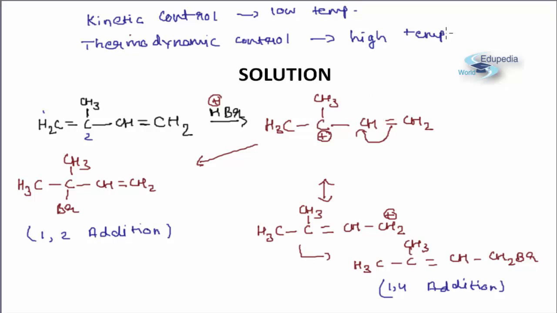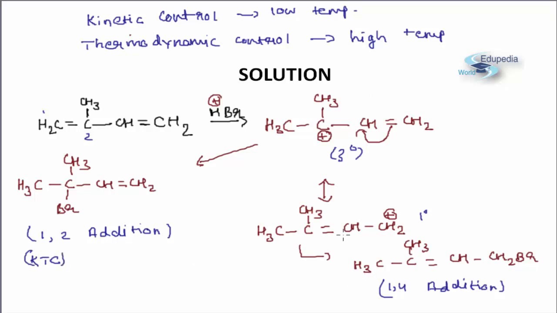So whenever in chemistry the temperature is not specified, we consider two types of mechanisms of reactions. Firstly there is the kinetic control which is at low temperature, and then there is the thermodynamic control which is at high temperature. In case of kinetic control, we form the product according to the more stable intermediate. So if you look at these two carbocations, this is clearly a 3-degree carbocation and this is a 1-degree carbocation. So this carbocation is more stable, and the product from the more stable intermediate is called the KTC, that is the kinetically controlled product.